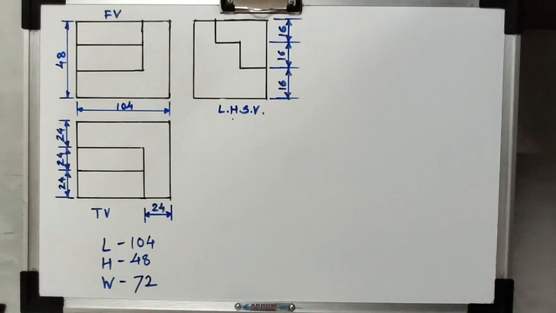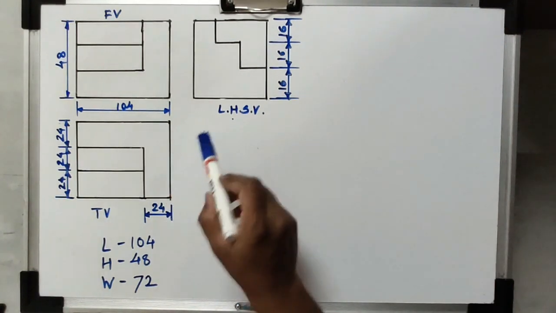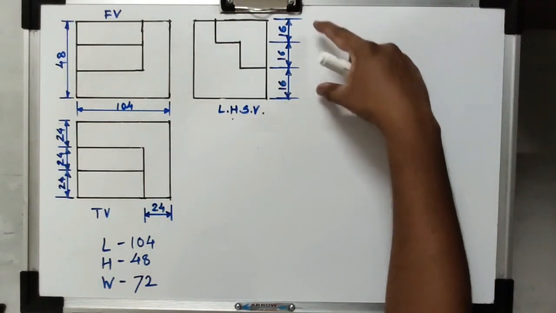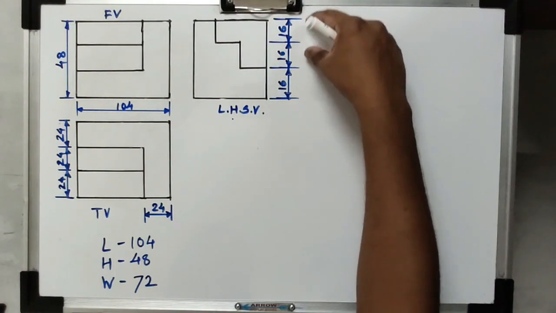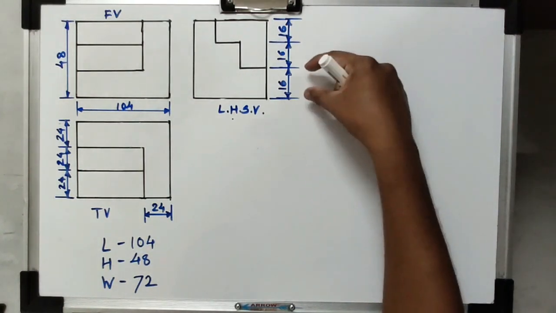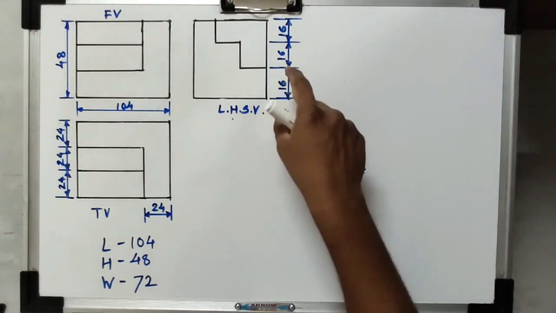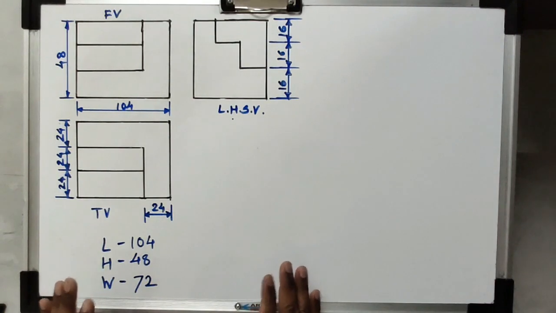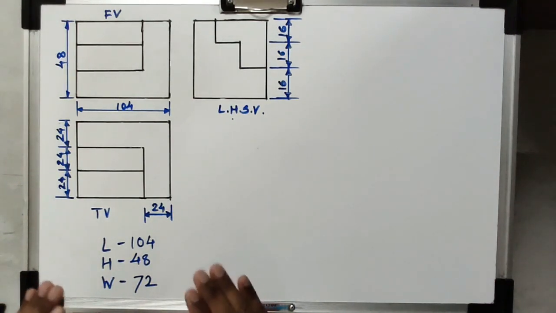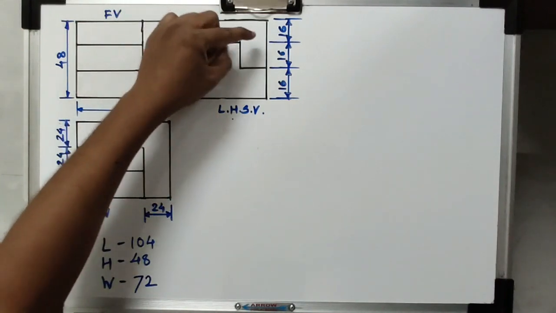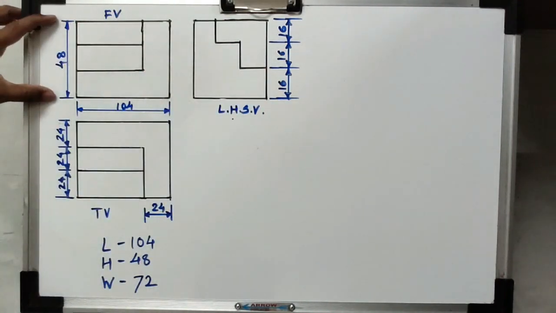In this numerical, in addition, they have given the left hand side view, in which they have mentioned the height of the object. The height of the object is 48 mm, split into three parts: 16 plus 16 plus 16 are the dimensions of these three portions. When you observe this numerical, the initial observation is that this diagram is somewhat similar to a staircase. These are the three steps: the first step, second step and third step. For each step the height is 16 mm, so the overall height of the object is 48 mm.